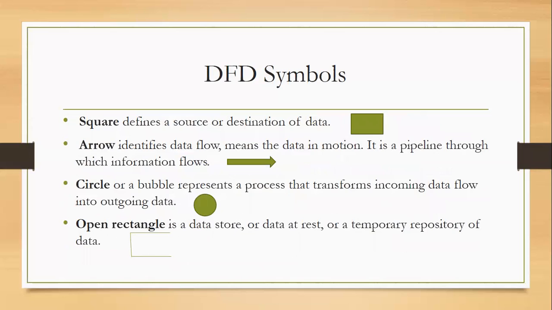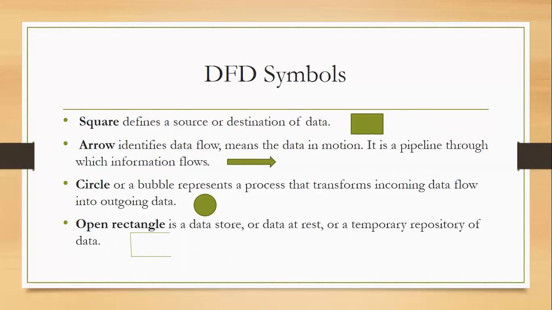Now to create a DFD, we need some symbols to show the entities. Entities means anything in the diagram of a system is called an entity. To describe the entity, we need some symbols that help in showing what type of entity it is. For example, we use a sphere for a source or a destination. From one point to another point, the starting point is called the source and the ending point is called the destination. So to represent a source or a destination, we need a sphere symbol.